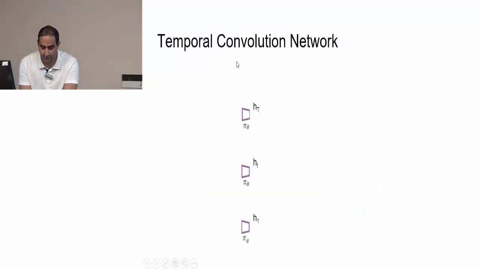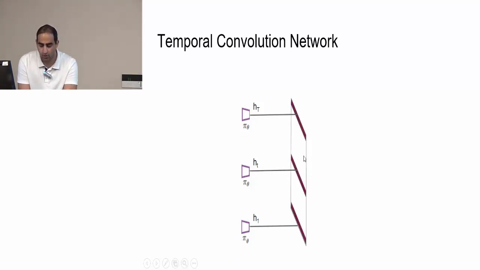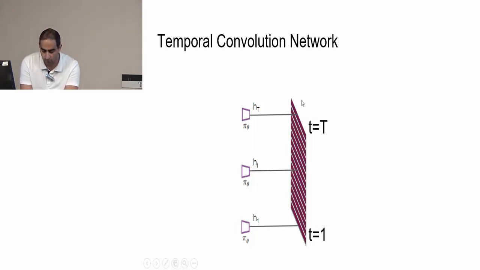So now let's take a look at this temporal convolution network. This temporal convolution network takes the last hidden layer of the previous network, as I showed. So the last hidden layers from time step 1 to time step capital T are fed into this neural network. Then we stack all of those features on each other and create a matrix. The height of this matrix is T1 until capital T, and these are just all the features of all the time steps. The last hidden layer length is 74 here, and that's the length of these features.